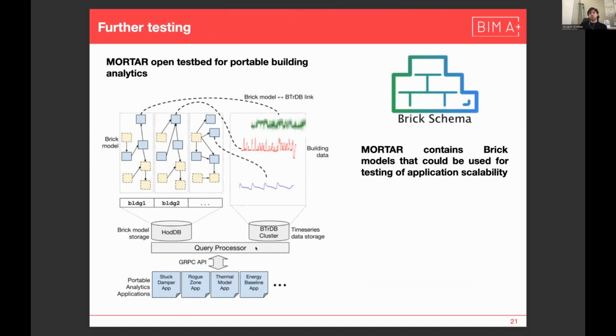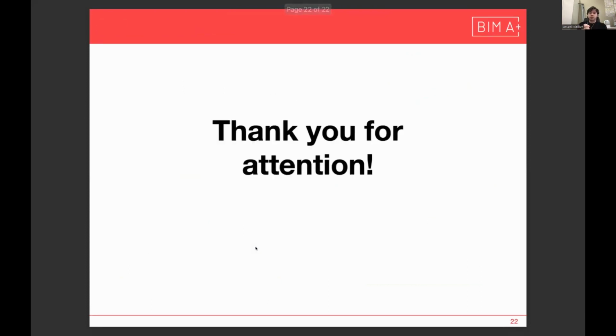To do this, we can use the software that was developed by the Brick team. It is Mortar. It is just a big database that already stores data about buildings and sensors. And this application can be tested on it. Yeah, so thank you for your